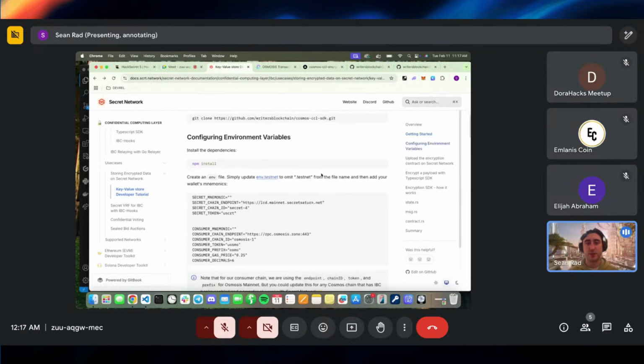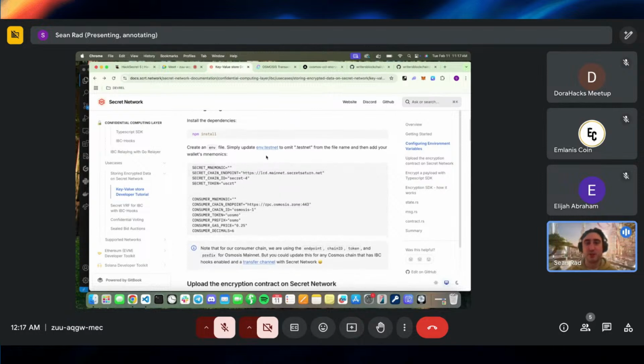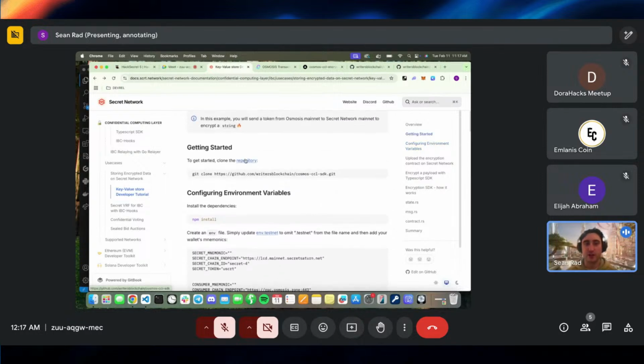The other thing is you need to configure the environment variables. So I already have this configured because I'm doing this on mainnet, so I'm not going to dox my keys, even though there's only $5. But if you look at the code that we have on GitHub,